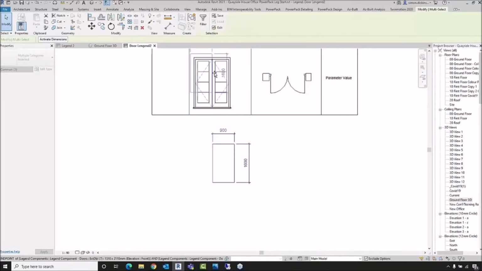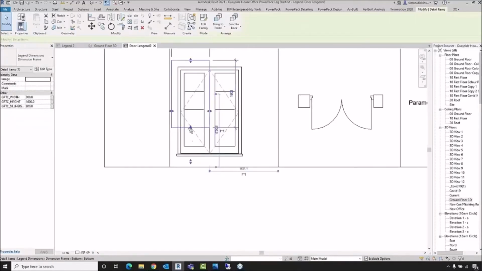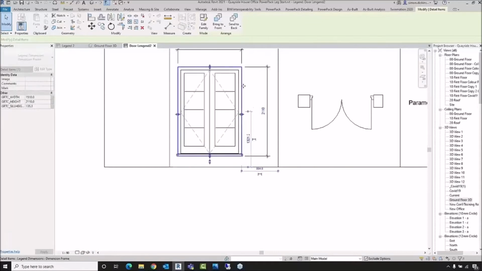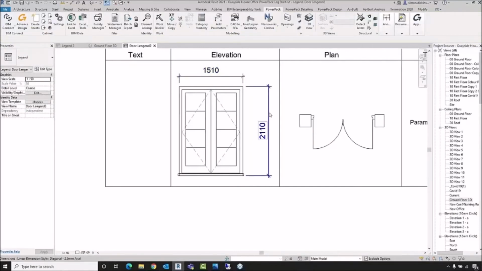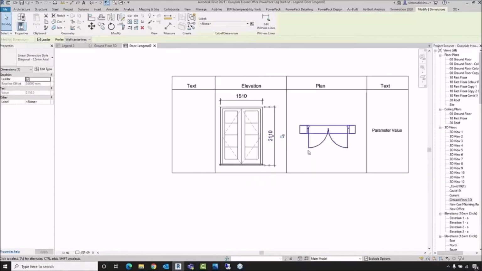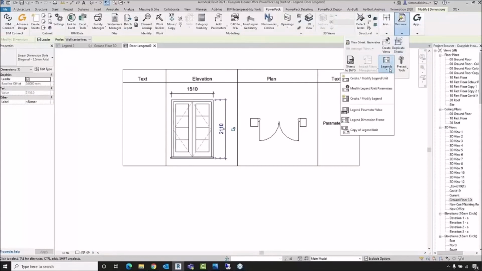Okay, and then what I can do is adjust this frame now to match the door itself. So let's just pull that in and pull that there. I don't need to lock it or anything like that. I just need to align it, and it will intelligently move now with that. Okay, let's just adjust it to make it fit in that space a little bit neater. There we go. So we've now got our intelligent parameter value, excuse me, and then we also have our dimension frame. So now that I've got that sorted, let's go back into our legend tool,